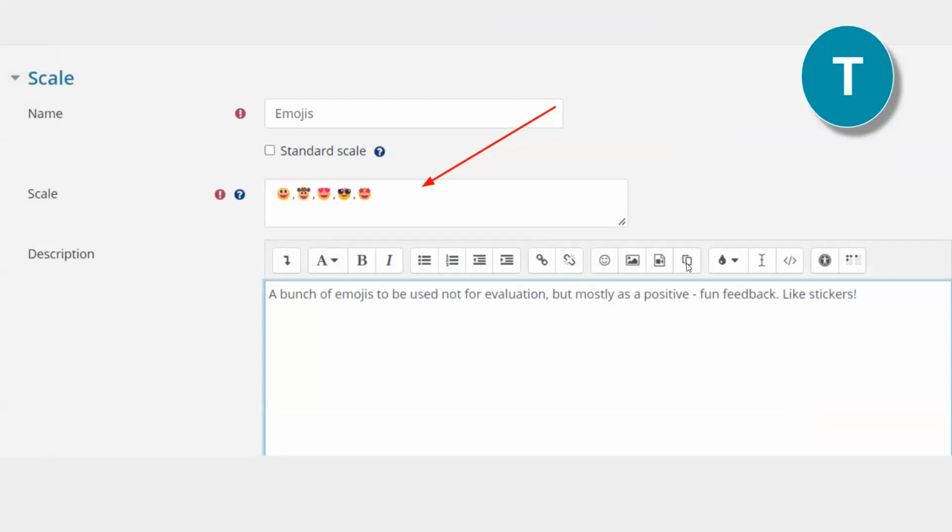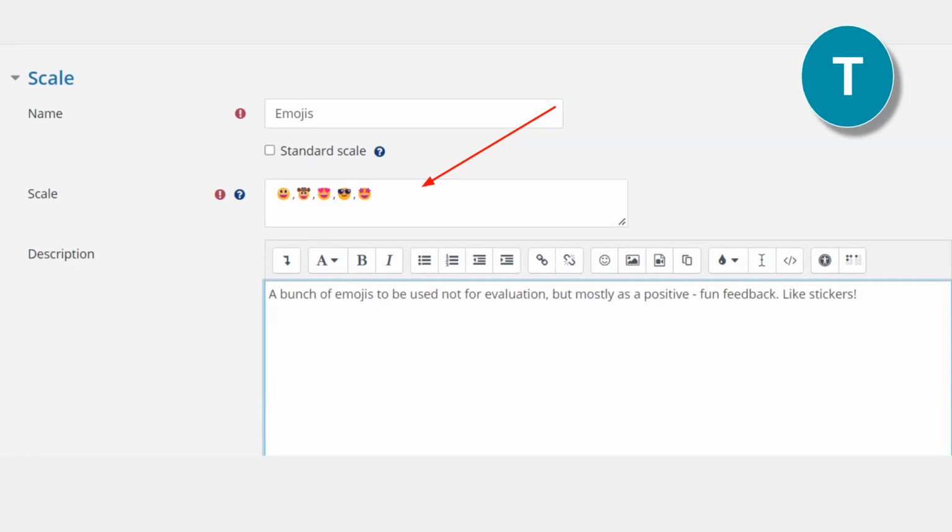But if you're wondering, if you're not familiar with the setup of a custom scale, I have to tell you that it's a very easy process. All you have to do is go to the gradebook and find the scales tab, and from there, the option to create a new scale. You give your scale a name, the scale labels starting from negative to positive, separated with commas, and if you want, a description.